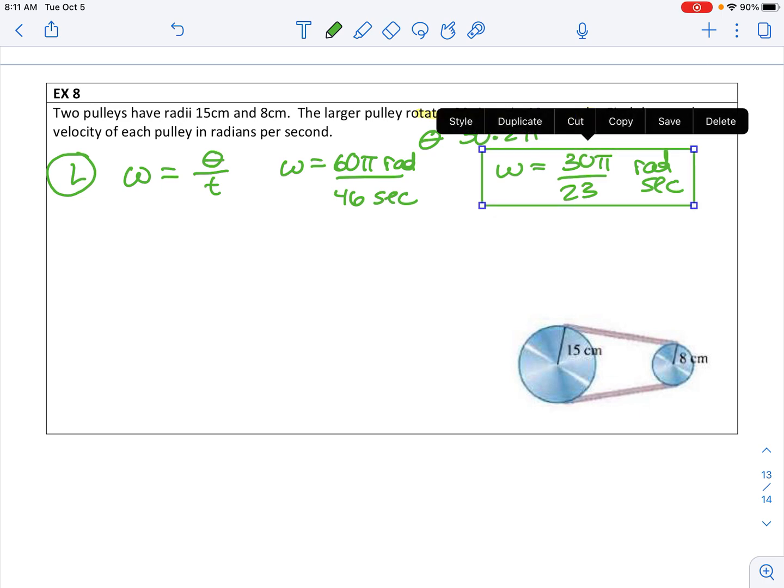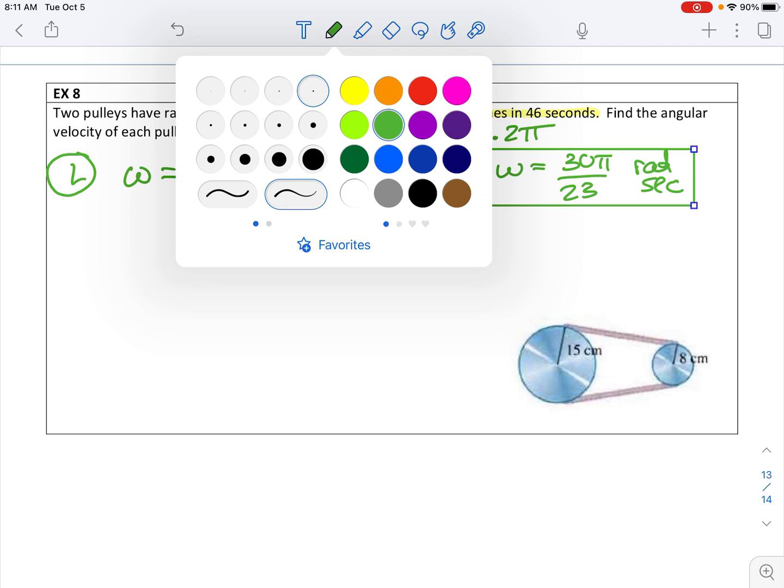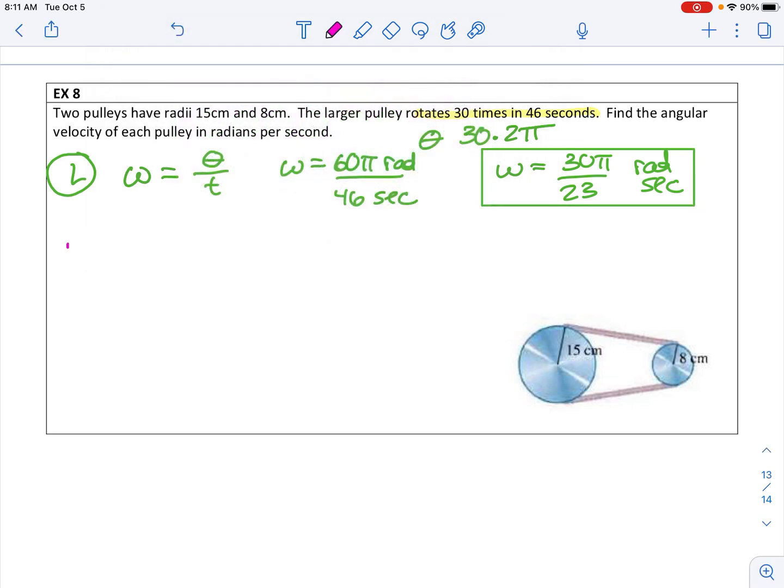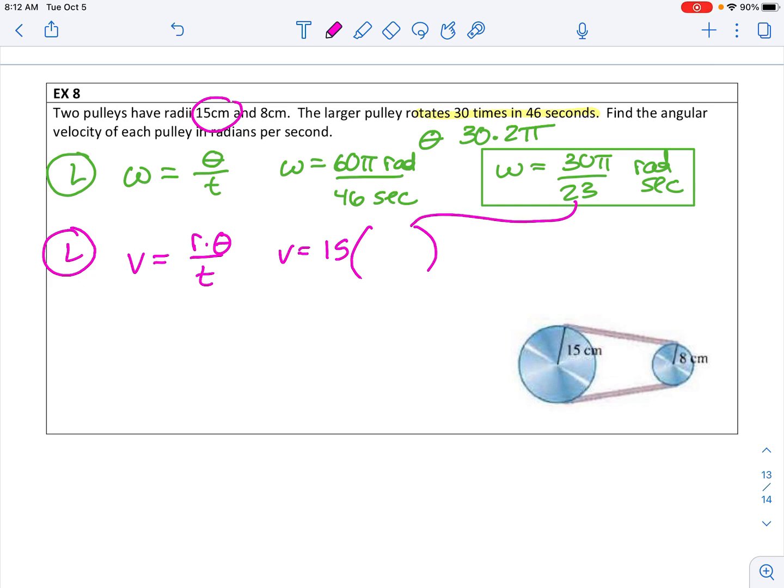To work with our smaller, we need to find the linear velocity of the larger, so still working with our larger. The linear velocity is our distance over time, but we're going to change that distance, the arc length, to r times theta. So looking at our larger, our radius is 15, and that's going to be using our angular velocity